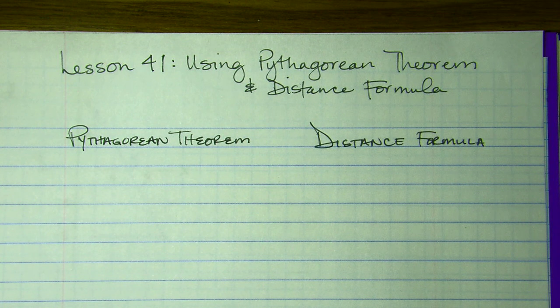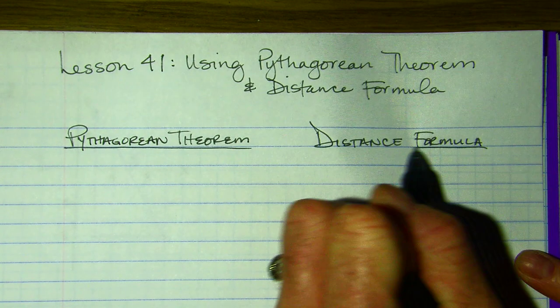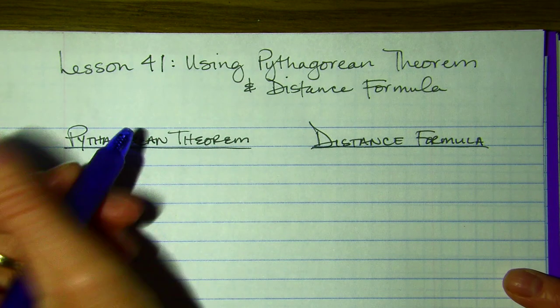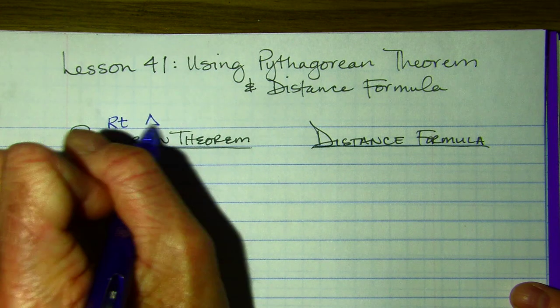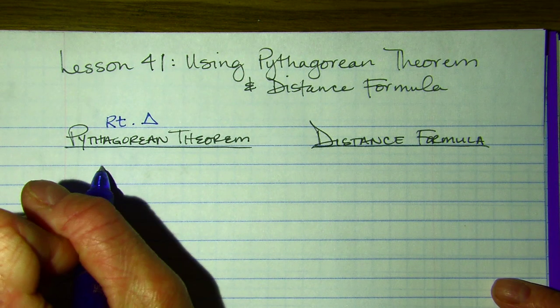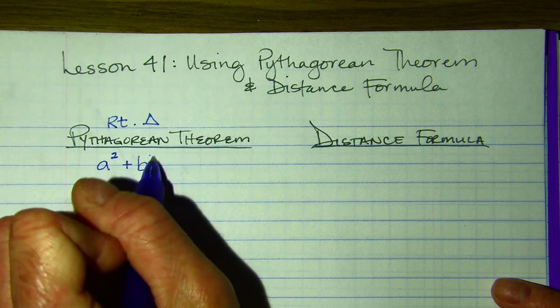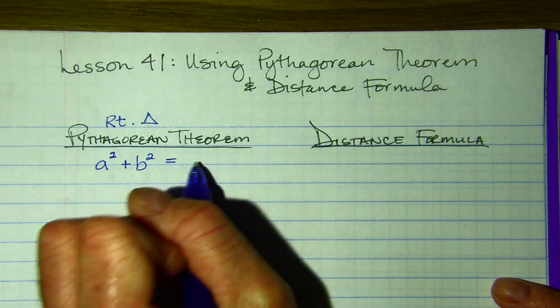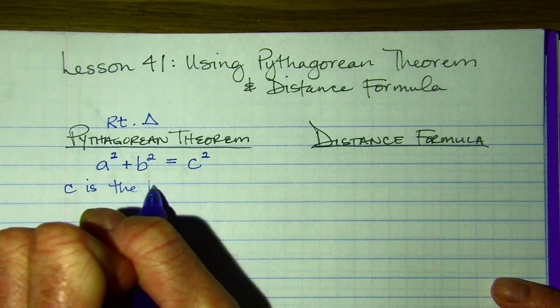So lesson 41 is review of some geometry. We're going to be reviewing the Pythagorean Theorem and the distance formula. The Pythagorean Theorem is only applicable in a right triangle, so I can't use this for an obtuse or an acute. This is specifically for a right triangle. The Pythagorean theorem states that the two legs, a squared plus b squared, have to equal the square of the hypotenuse. So C is the hypotenuse,